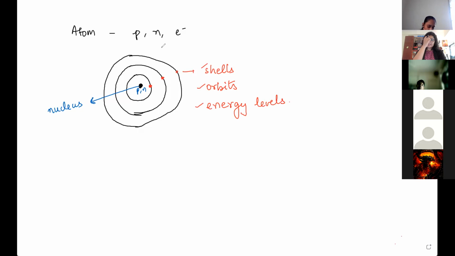And how many shells are there in an atom? It depends on how many electrons are there. Okay. So if you're thinking of an atom, ऐसा नहीं है कि atom में shells है and then you're filling the electrons there. That is a wrong way to think about it. So atom hai, protons and neutrons are at the center and there's electrons revolving around it. So wherever the electrons are there, that place we call as shells.